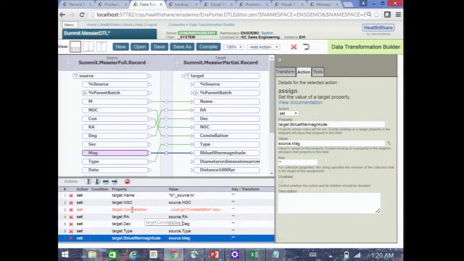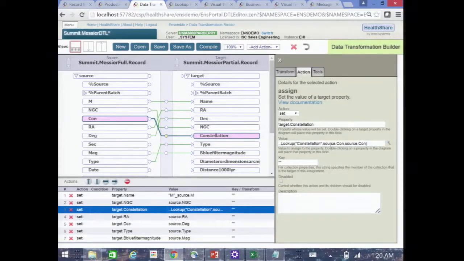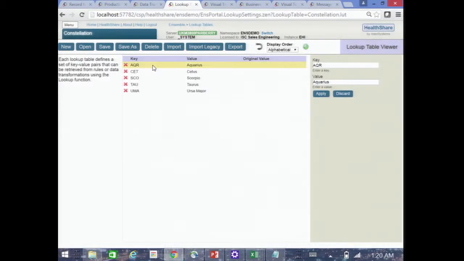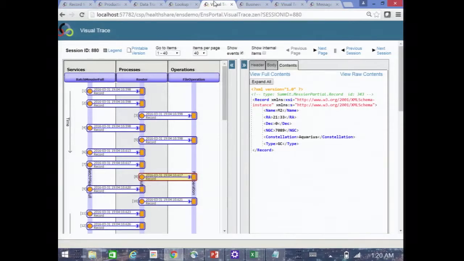And the only thing we might need to do is learn how to make use of the lookup tables. So I've got a constellation lookup table, which you can just do the data entry for, which looks like this, and you're saying this code is for Aquarius, this code is for Cetus, Scorpio, et cetera, et cetera. I only did a few of them, all right? So once you've done that, I've already fed the file through, because you see me dropping a flat file through. It's not particularly interesting. So I've got a visual trace of what I've been doing, just to make sure,